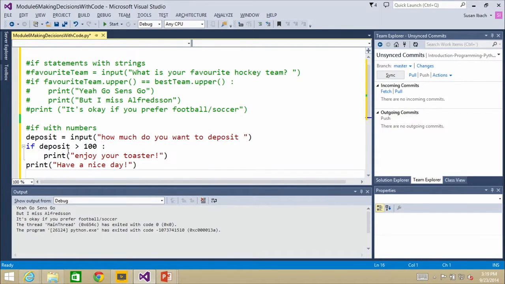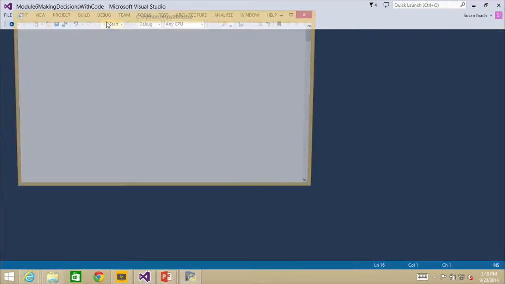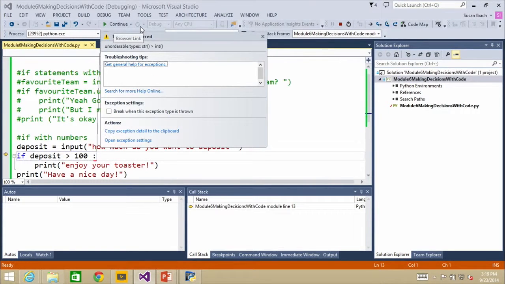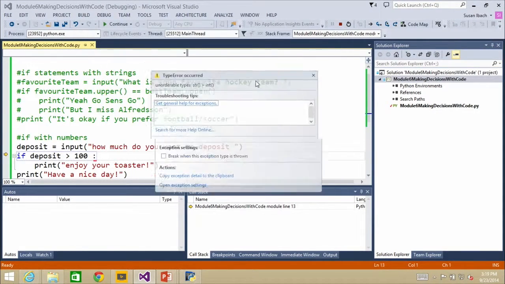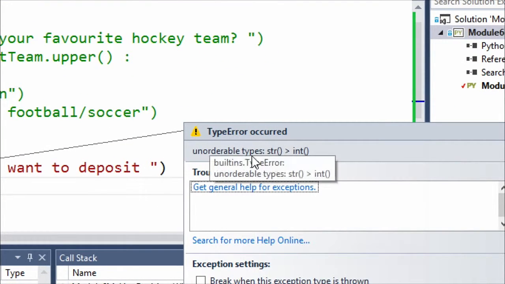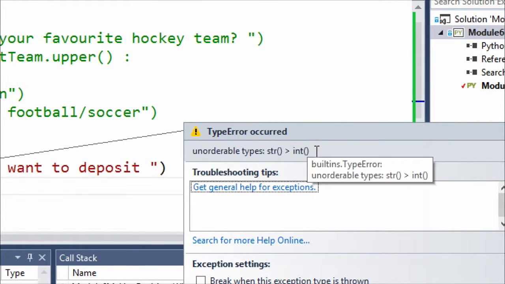Now the first thing is when I run this code, I'm going to run into a little bit of a crash. I am expecting this one. I want to deposit $150. We'll always admit when something goes sideways that we weren't expecting. This one we were expecting. I do love the fact that it gives me even a line saying this line here blew up on you. It says, okay, you have an error. What is that error? Unorderable type: string greater than int.